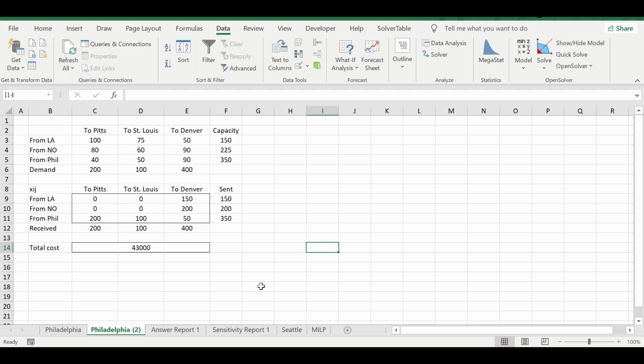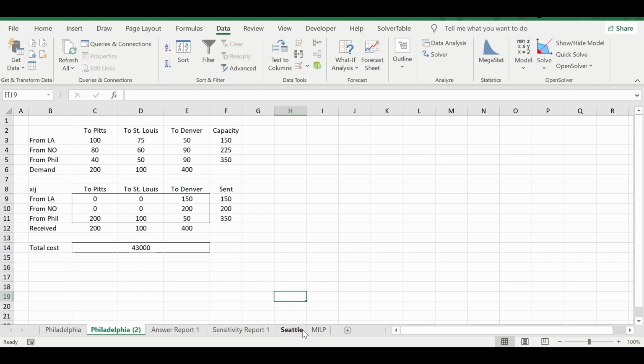Balanced transportation problems are actually required when you solve it manually using the transportation simplex method, which is a part of operations research algorithms that we are not discussing here. We are primarily discussing in this course the Excel models, or how to solve any LP problem or transportation problem using Excel. So if you are using Excel or any other software, you don't need to formulate it in balanced form. You can very well go with unbalanced form also. That's what I want to communicate.